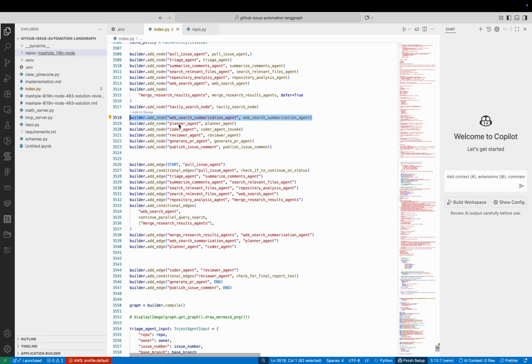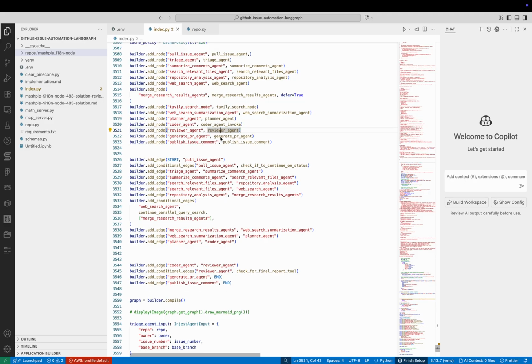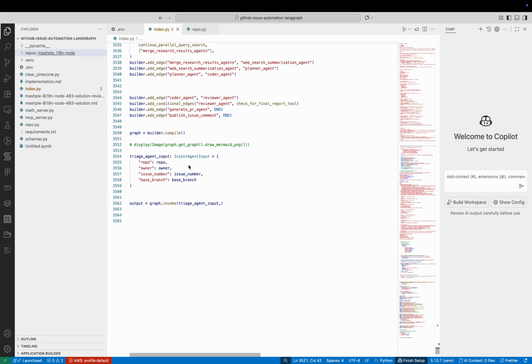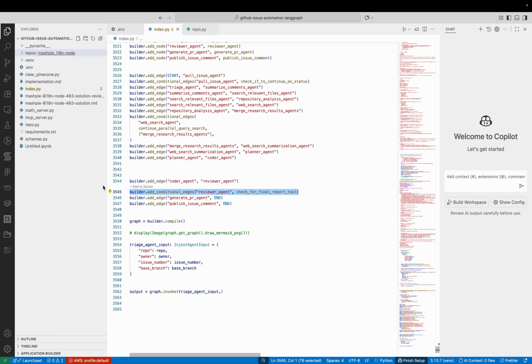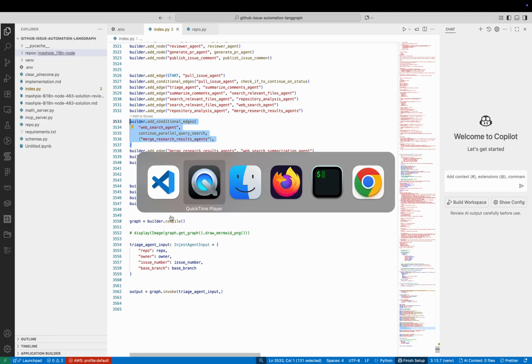Then there is a planner agent which plans how to solve this issue. Then there is a coder agent, then a reviewer agent which reviews the output of the coder agent. Then there is generate PR and then publish comment, right? This is done based on the branch decision, the routing decision. So for instance, if I just run this one,